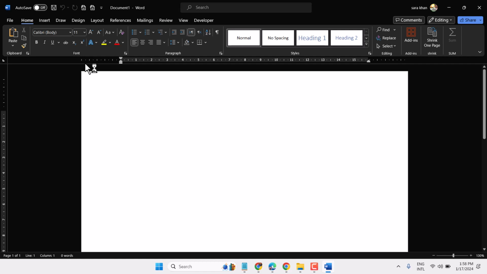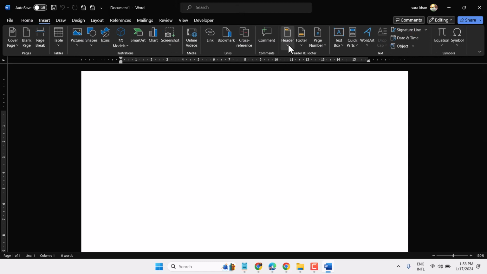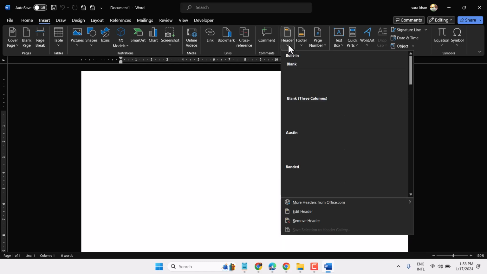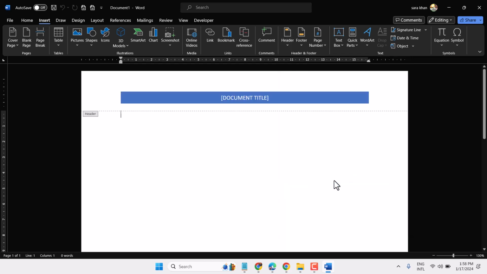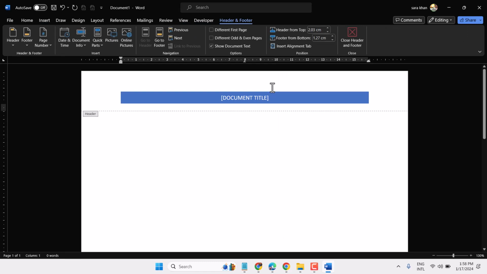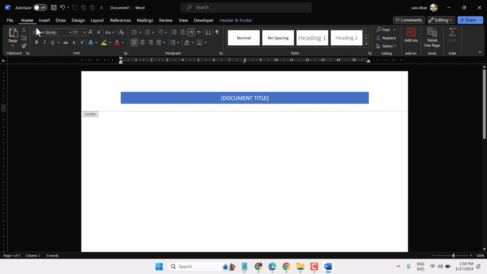Now to insert header only in the first page, insert and header. Select any type of header. Now click outside of header